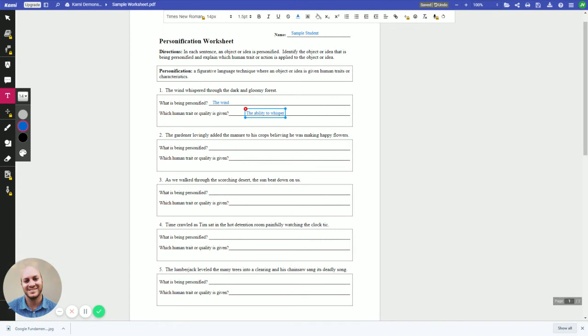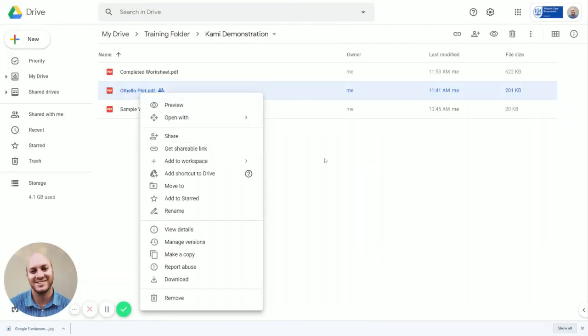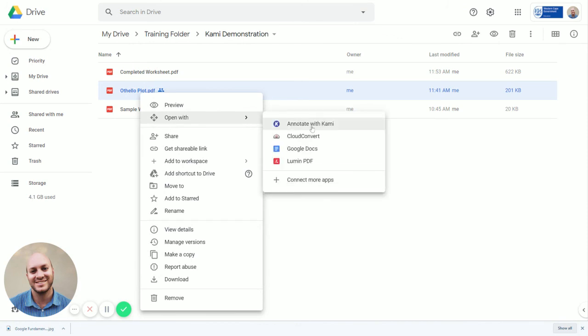Again, this is a little bit of a more tricky element to Kami, so I wouldn't suggest that you start with this, but this is an option if you've got PDF documents and you would like your learners to be able to submit them digitally. It's a tool that works quite well when we use it like that. Now, the last thing we want to look at, if you've already got a PDF that has lots of content on it and you would like to turn it into a slightly more interactive